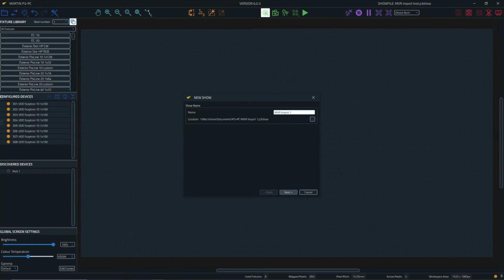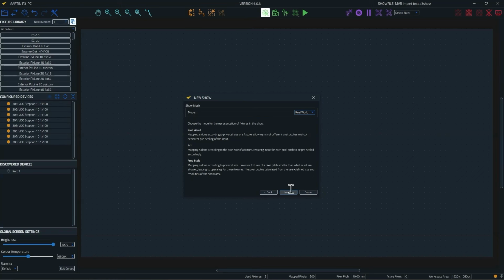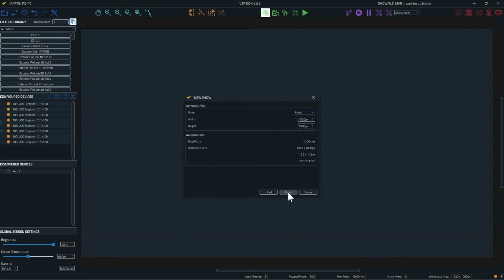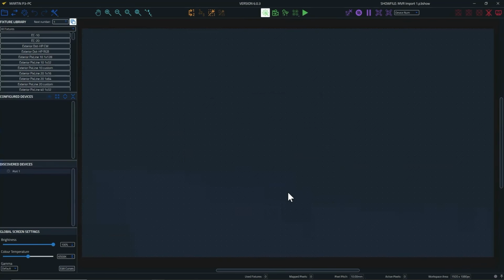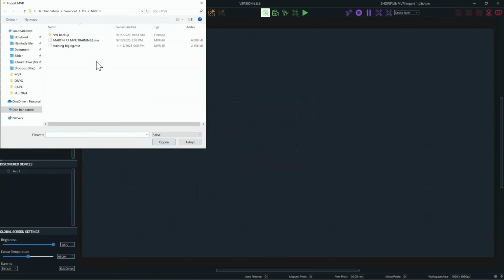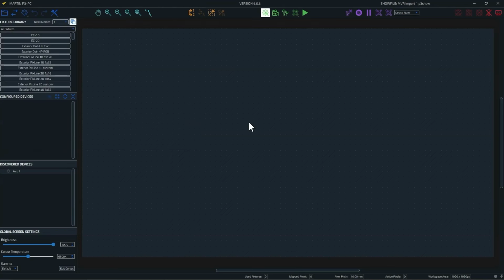Inside P3, I first need to set up a new show file. I'm starting this one here in a real world map within a 10mm show file, because I know that will fit the file that I'm using. Then I click on finish, then I go up to my left corner, hit my import export button, hit import MVR, select the correctly exported file from the drawing program, which is this one here, double click on that one